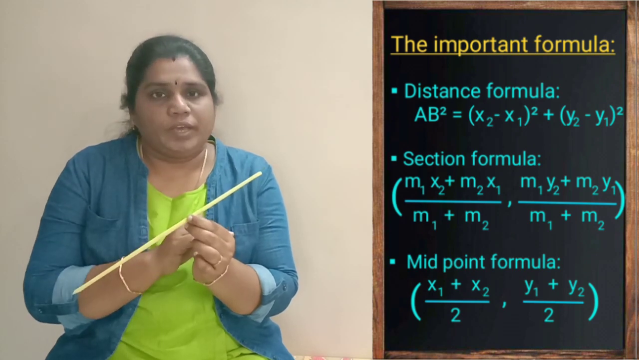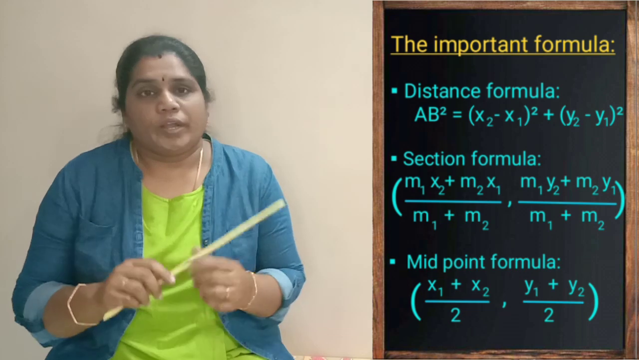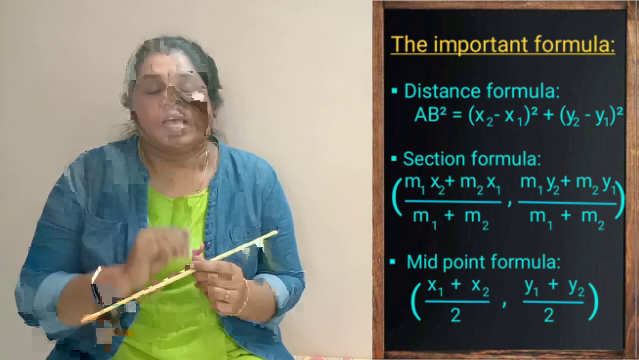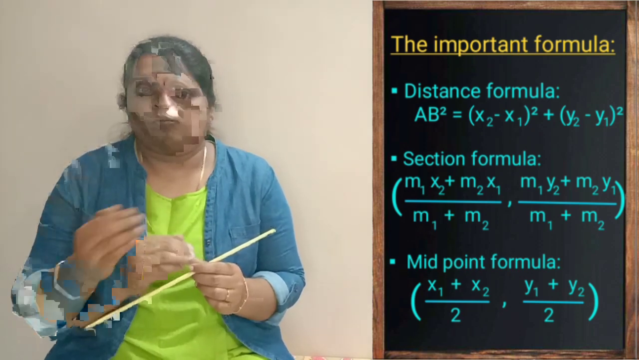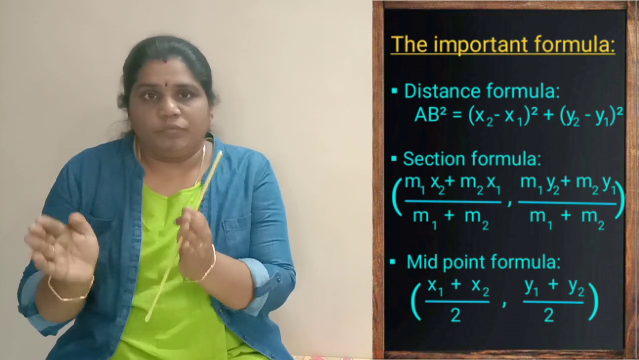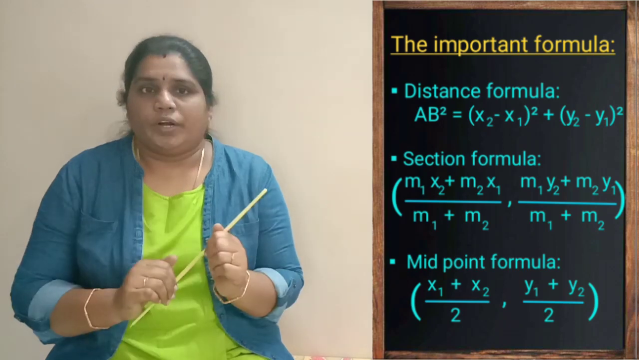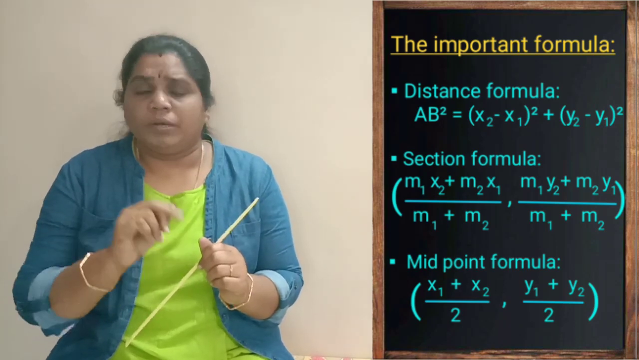The section formula is P(x, y) equals (m1 x2 plus m2 x1) divided by (m1 plus m2) comma, and the same thing we write for the y coordinate. That is what I have given, m1 comma